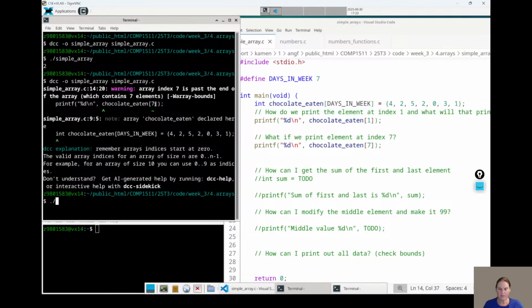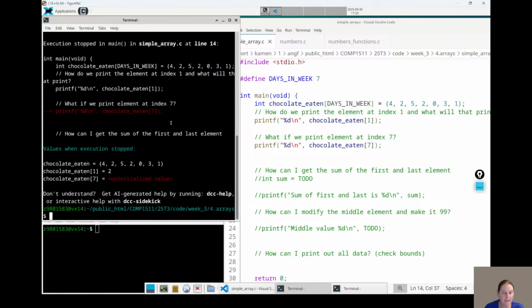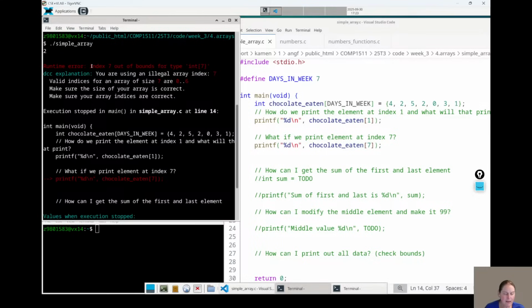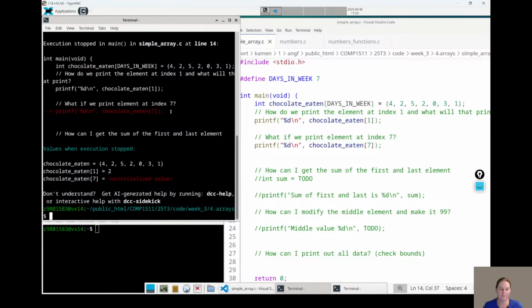Just say we don't listen to DCC for some strange reason. We think we know better. And we run this. Yeah, it's going to crash and you're going to get a runtime error: index 7 out of bounds for type int 7. So it's not going to let you just get some random value from the variable next door.